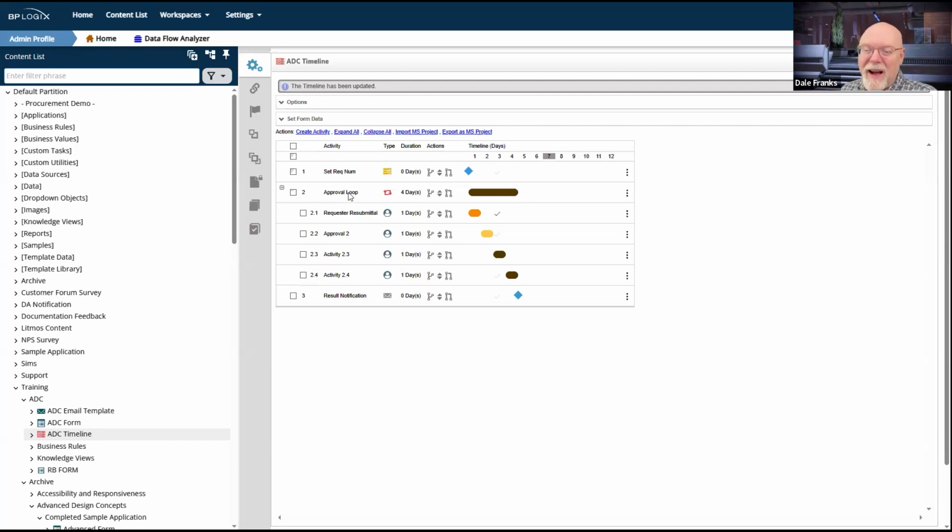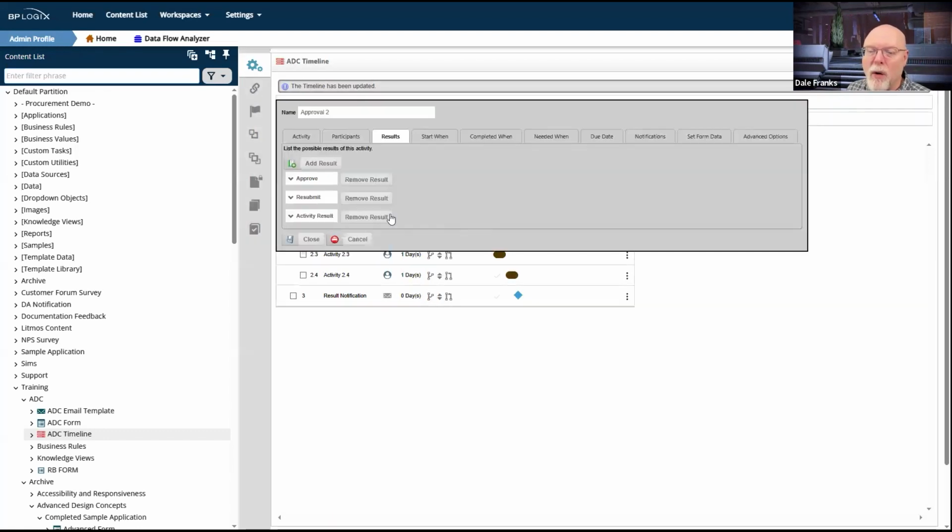So glad I caught that. So that's one less thing we have to worry about debugging. So at this point, we have a request or resubmittal. We haven't really done approval 2 or approval 3, and that's fine. We don't need to. We are just going to look at the activity results for activity 2. There is a resubmit result.